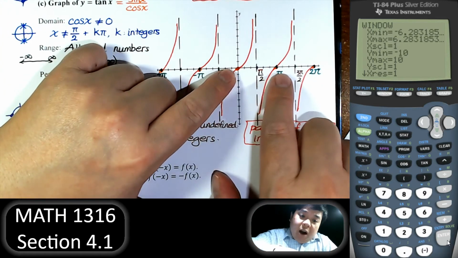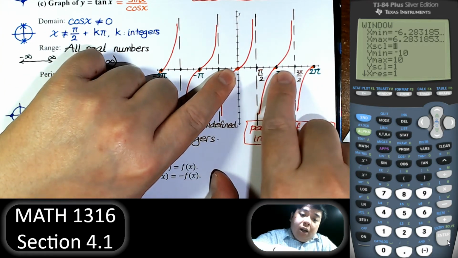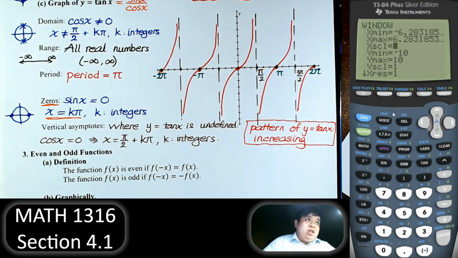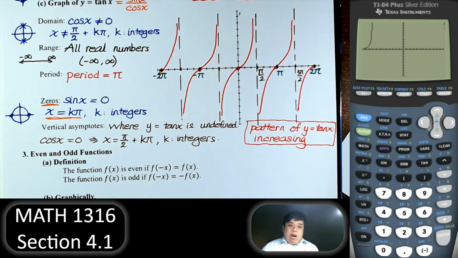And how did we divide this? From 0 to pi, we divide it into 6. So the scale is pi divided by 6. The y values don't matter. Now the graph will look more like what we have here. Right. So if we want to graph,